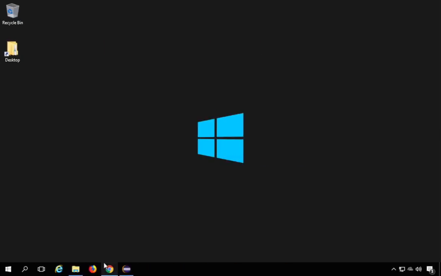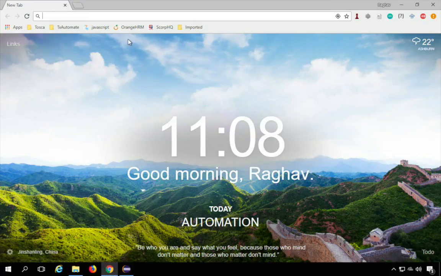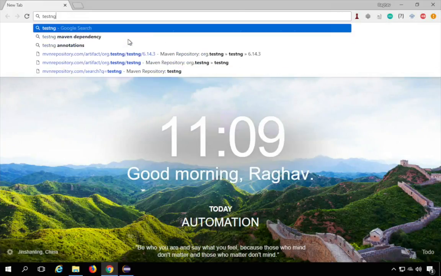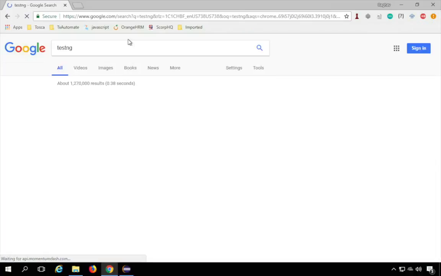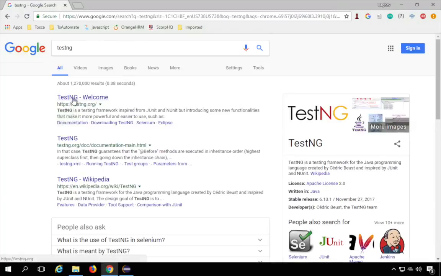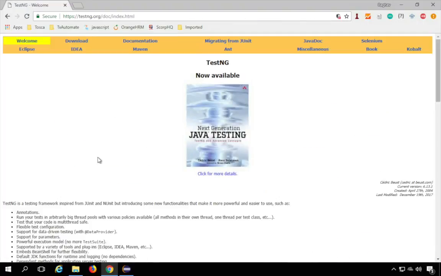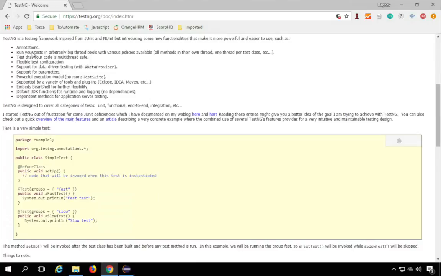If I go to my browser and just type TestNG here and hit enter, you will get this very first option of the testng.org website. I will go here. This is the official website for TestNG, and here you can see TestNG is a testing framework inspired from JUnit and NUnit but introducing some new functionalities. Here you have some annotations and you can run your unit test, your functional